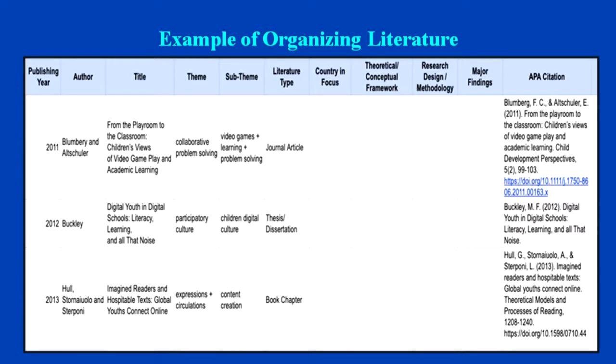This is just a gist of what I did. You can look at it from the perspective of the publishing year, the author, the title, the theme. So the theme and the sub-theme is something that you can give essentially from your own perspective. The literature type would be a journal article, a thesis, a dissertation, or a book chapter; the country that is in focus in this particular title, and the theoretical conceptual framework, the design methodology, and the findings that